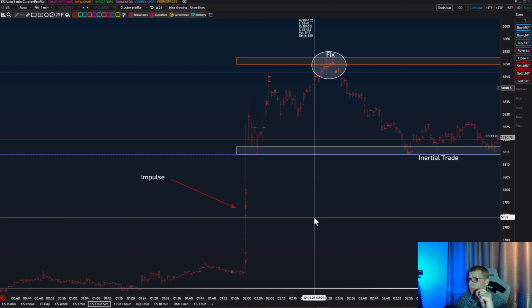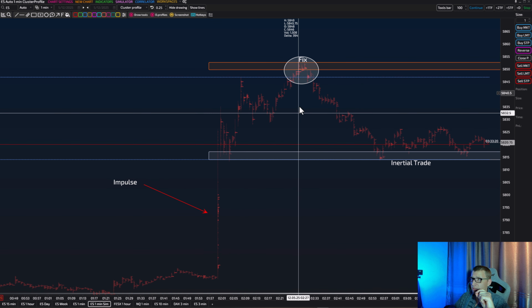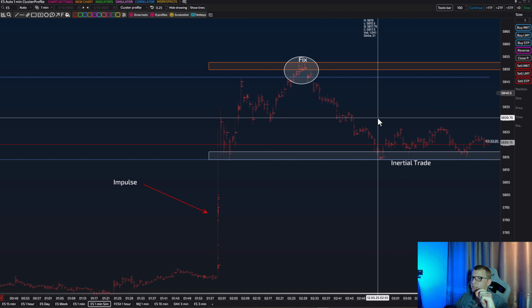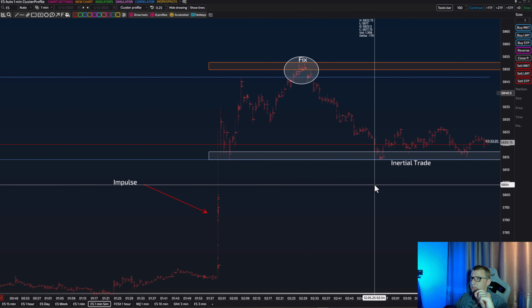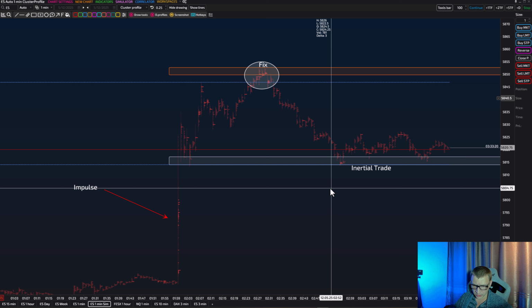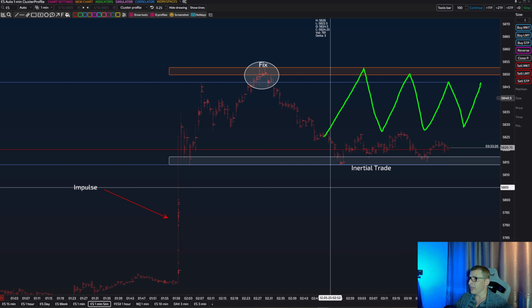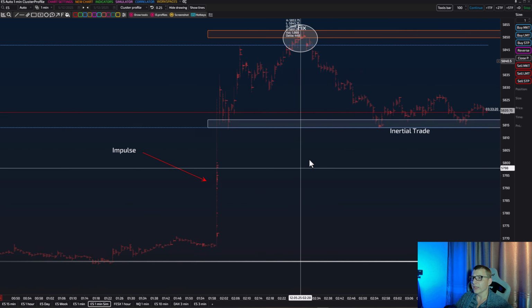During the New York session, what can happen next? We can see a reverse. We can see continued volatility. What would a reverse look like? Let me show you. The reverse would look like this. We would see a balance and then a drop down. But in this case, it was very unlikely because, as I always say, I got clues.